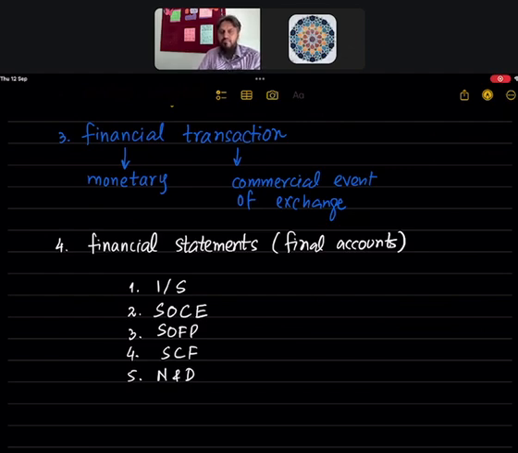So technically there are 4 statements, and the 5th one involves the calculations involved in the previous 4 or any other information that you want to supply which was not covered in the first 4. You can give it in the notes and disclosures. Those students who are studying IGCSE or O levels, they come across only the first three. They have to prepare the income statement, changes in equity for companies,